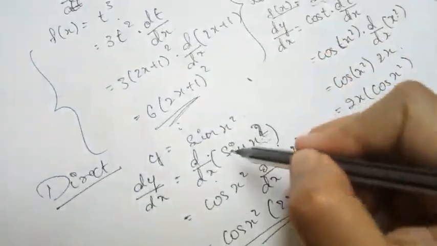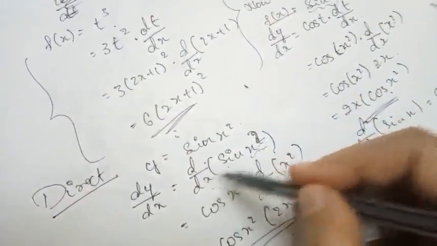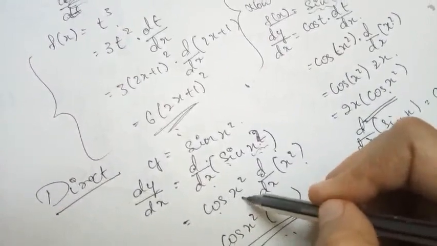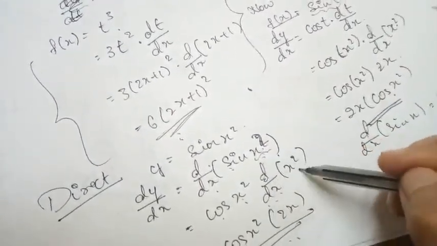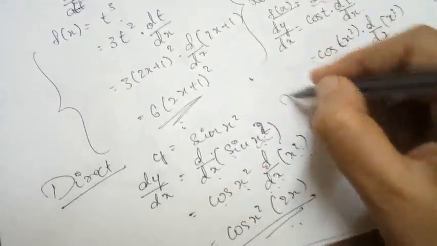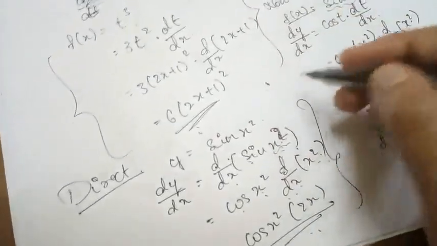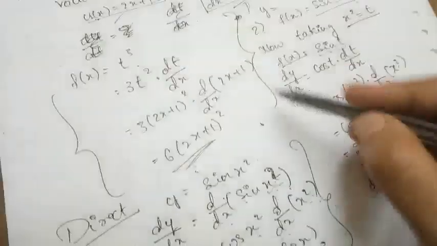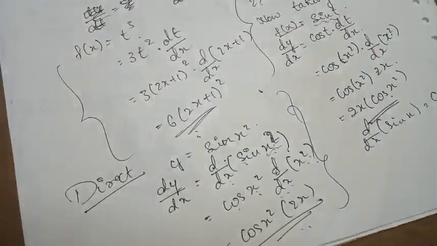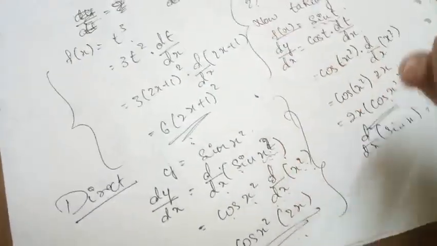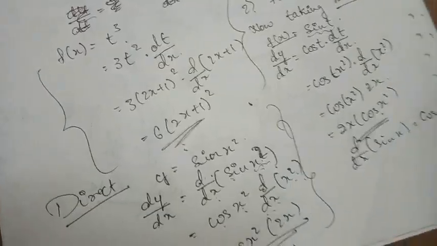Understood? So moving along with the function. Here sin x square, the derivative of sin x square is cos x square. X square is again a function, so I am again differentiating that one with respect to x. So this is a direct method of solving. This is also the chain rule itself. If you understand these things clearly, you can adopt this direct method, so that you can save most of the time of solving composite functions, of solving compositions.